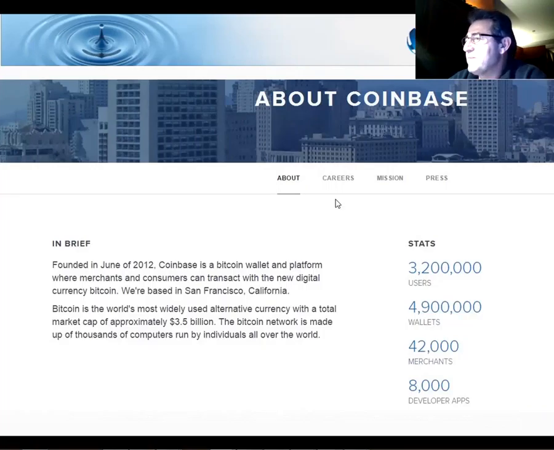And the stats: there's 3,200,000 users so far, 4,900,000 wallets, 42,000 merchants, and 8,000 developers and apps. And that's the reason why we brought Coinbase forward, because we really believe it's a simple solution for purchasing Bitcoin from your actual bank accounts, whether you're in the US, Canada, Europe, or Australia, to mention some of the